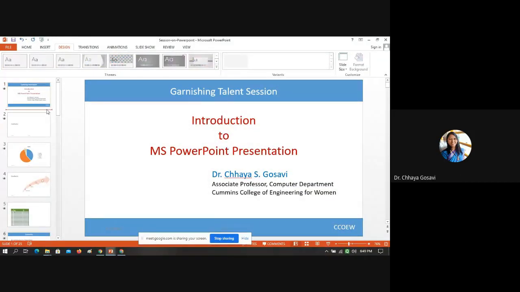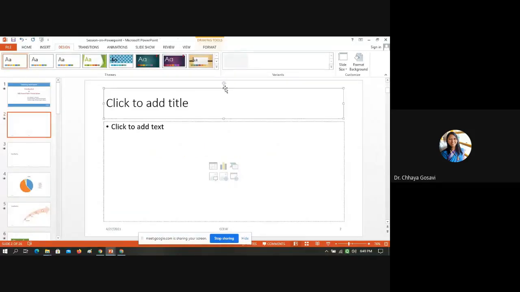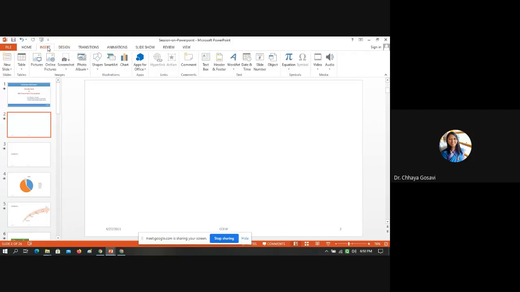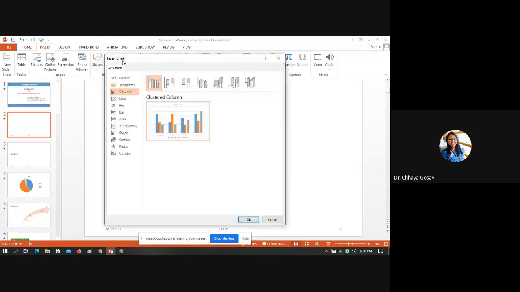So suppose I entered a slide and I want to insert a chart. A chart is based on some data. You should have some data set with you, and for that particular data you want to draw a chart.